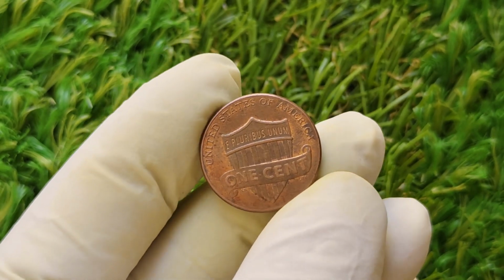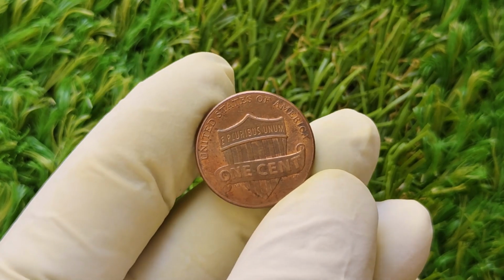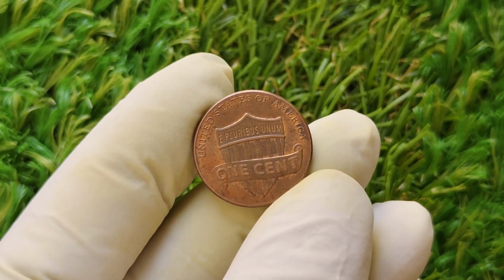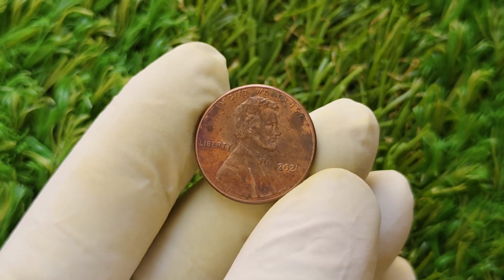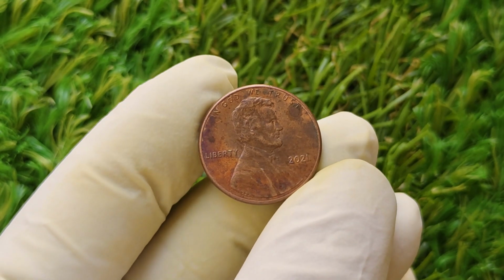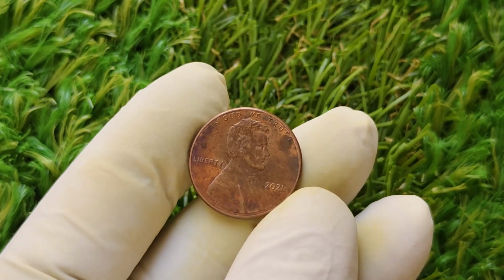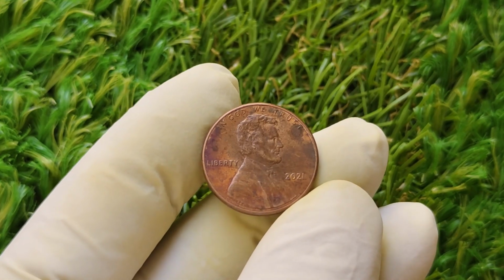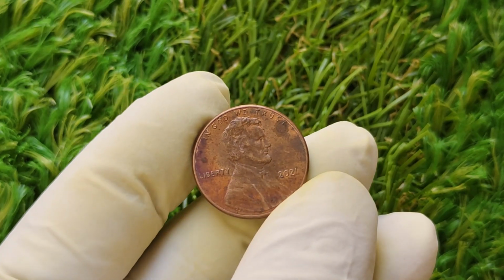Well, there are some rare Lincoln pennies from various years that are extremely valuable due to errors or limited minting, but the 2021 penny is not known for such errors yet. However, there are always exceptions. For example, pennies with minting errors such as double dies, misstrikes, or off-center prints can be very valuable if authenticated. These errors are usually accidental and occur during the production process, and they are highly sought after by collectors who